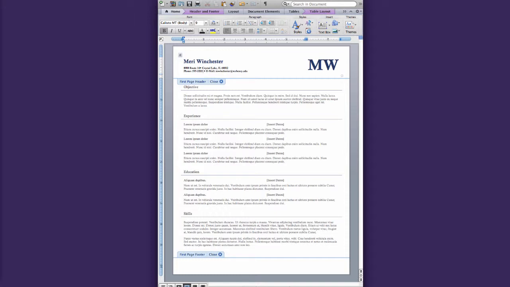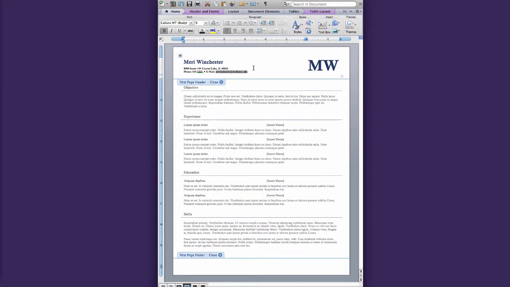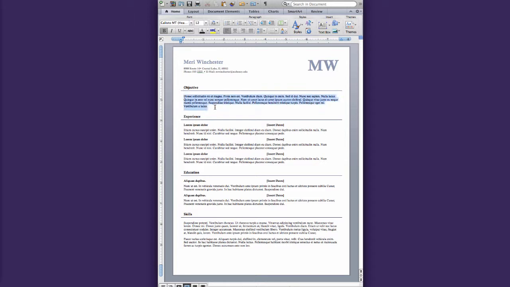And be thinking about your email address. It should be an email that you actually check, and it should be something fairly professional. If you're job hunting, you wouldn't use your work email address, which I have listed here. You should potentially create an email address just for your work, something that's appropriate, usually some variation on your name. When you're done editing the header, you can hit close, and then your objective